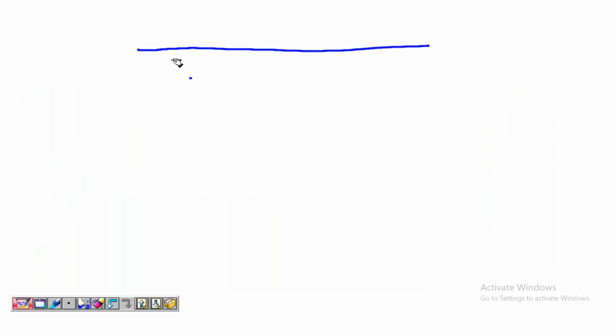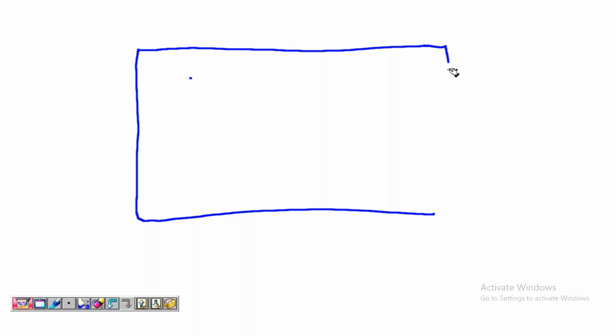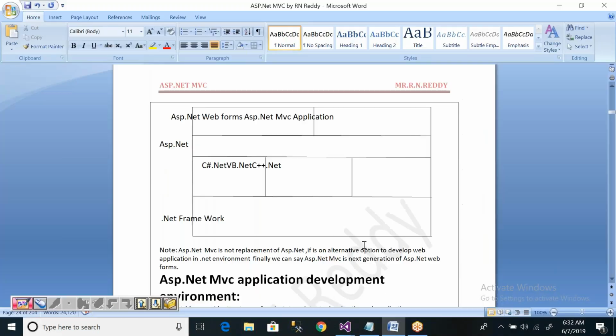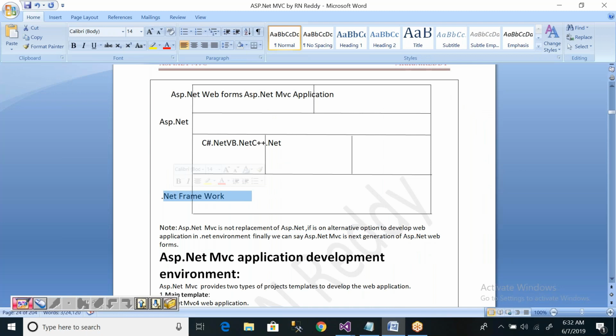In this diagram, the bottom layer is the .NET framework, then the next layer is ASP.NET Web Forms, and the next layer is ASP.NET MVC.